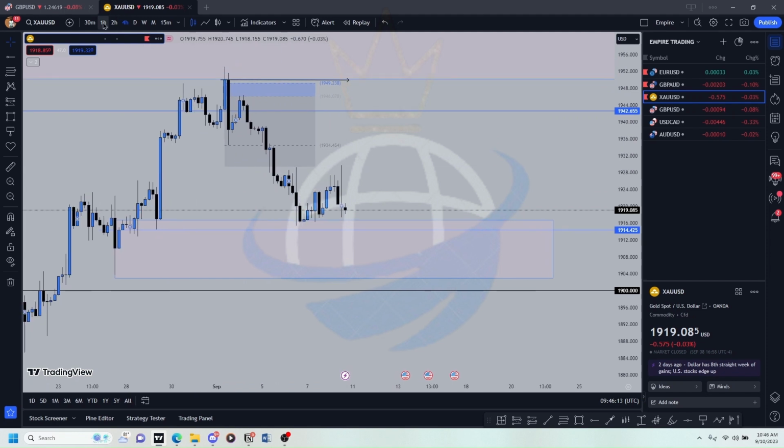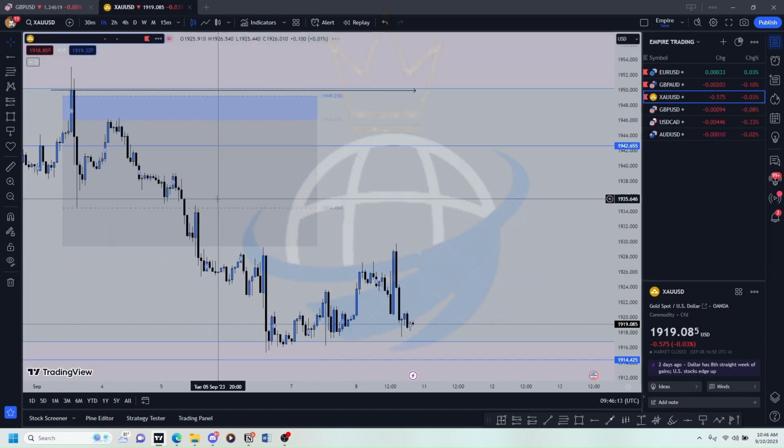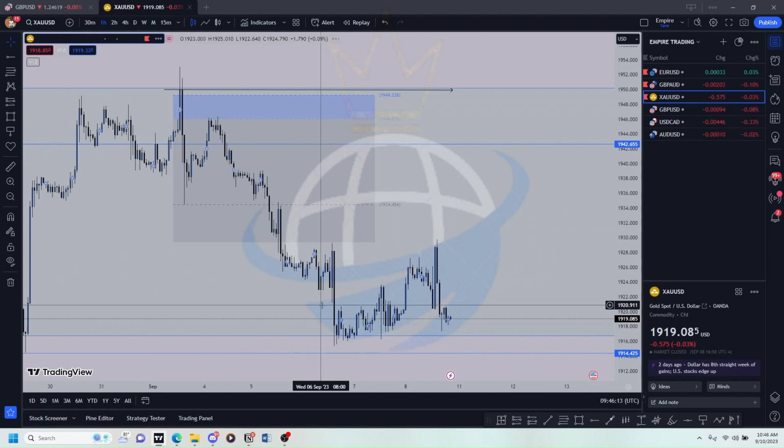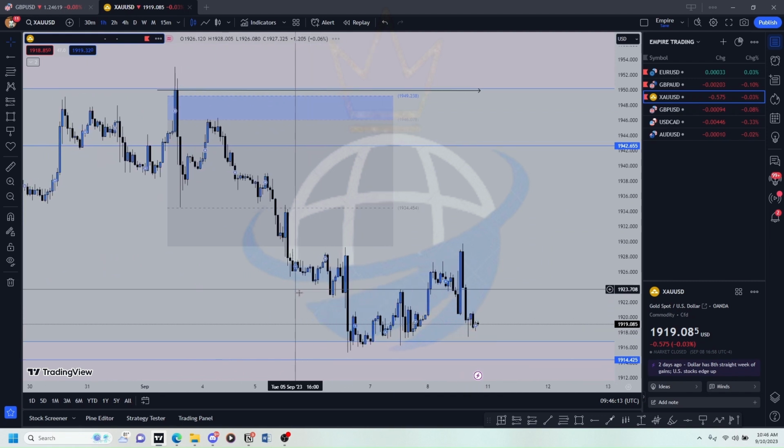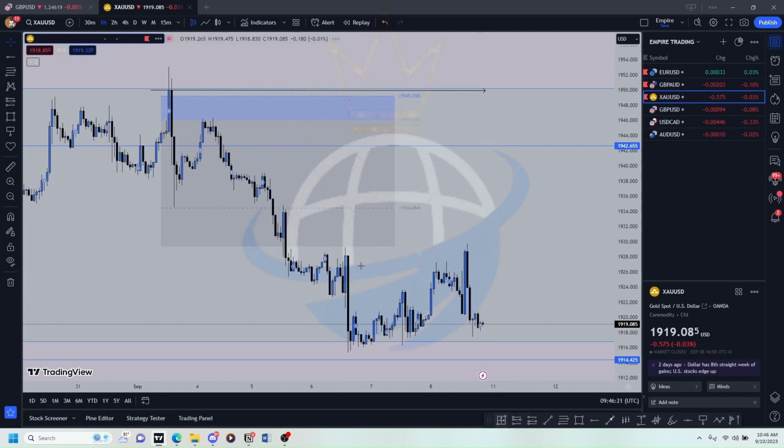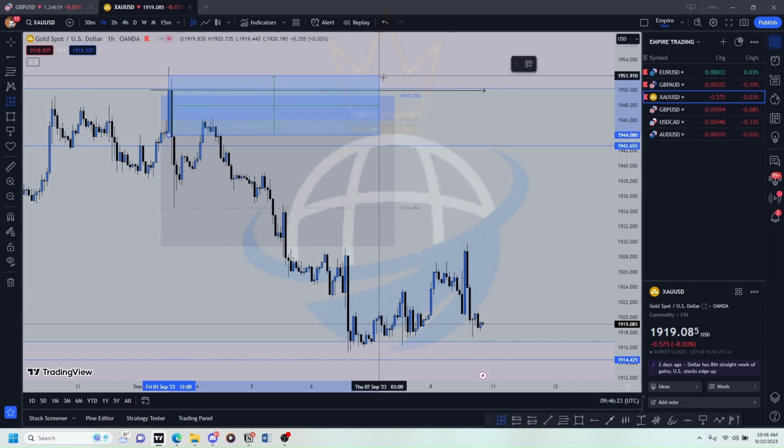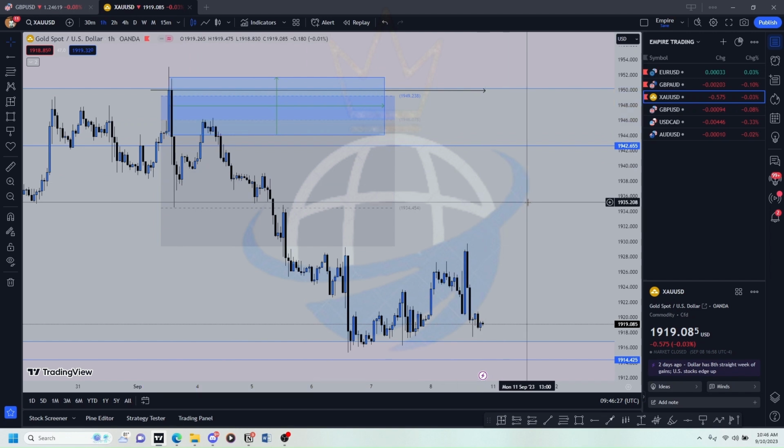Market came back to this region. We have our liquidity grab area, don't forget, and our Fibonacci. You can see market tapped into the Fibonacci. This is a retracement, and it also tapped into the liquidity grab area,